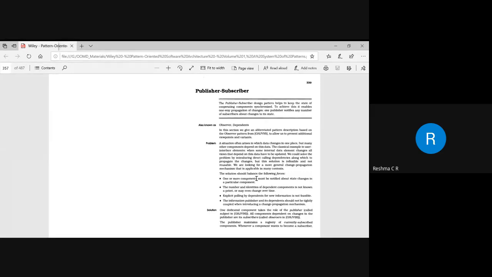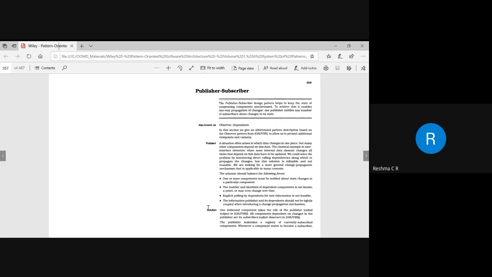It has to apply the change propagation mechanism. That means if any one of the components has a change with respect to the external environment, that change has to be notified to all the other dependent components, and that change has to be adopted immediately by those components.